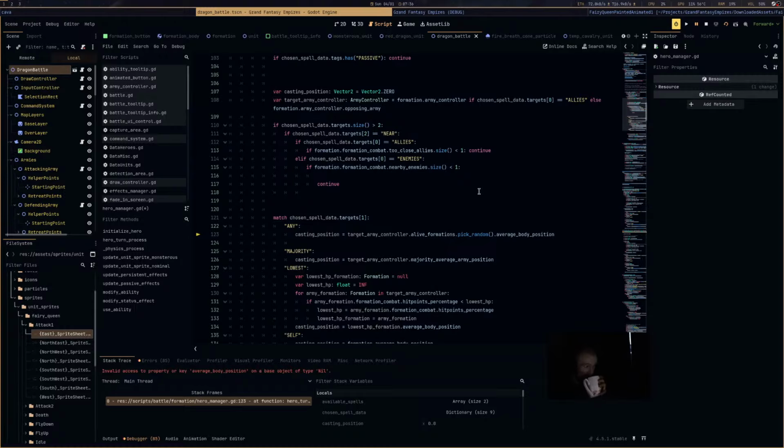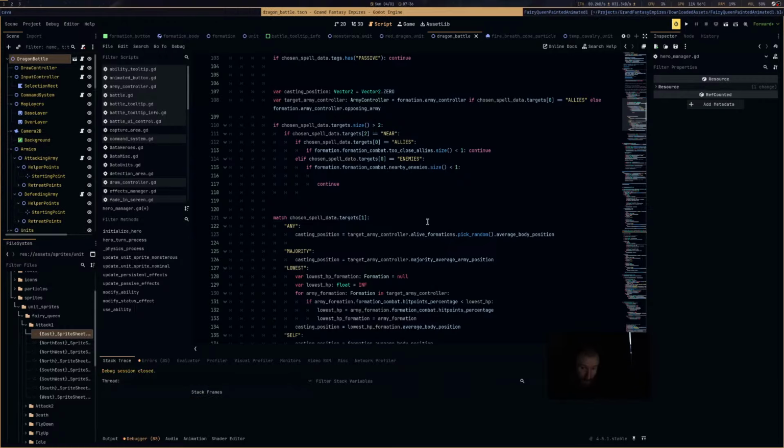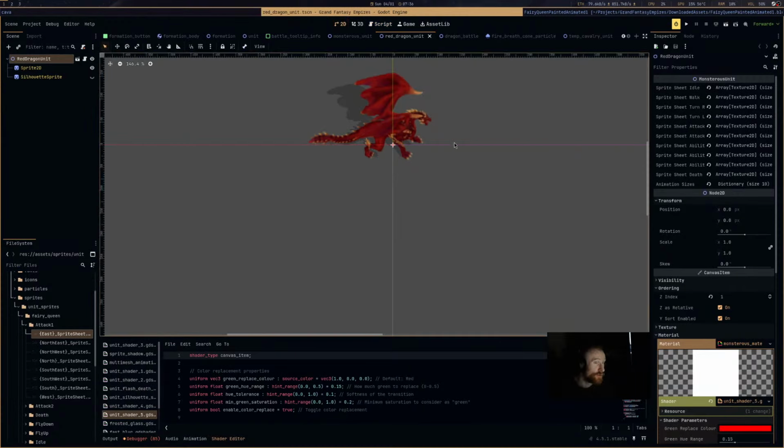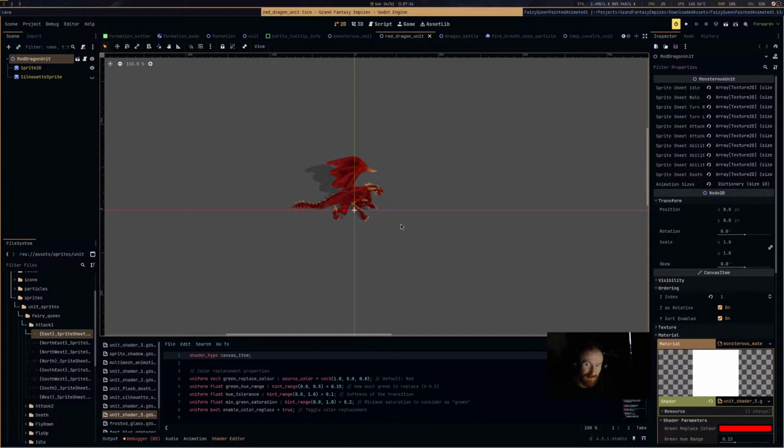Anyway, today I'm gonna work on... I've got a new thingy to add, so let's do that. I've been working on a fairy. Yeah, there's